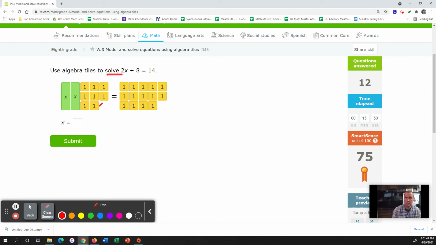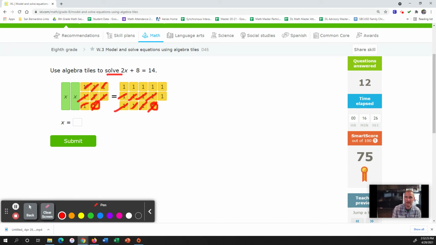So, did you know that if you have a 1 on one side and a 1 on the other side, they balance out. 1 equals 1. Which means we can eliminate that. So for every 1 that we have, or every matching pair, they eliminate. So that one eliminates with that one. Eliminate, eliminate. So we're at 2 and 2, 3, 3, 4, 4, 5, 5, 6 and 6, 7 and 7,